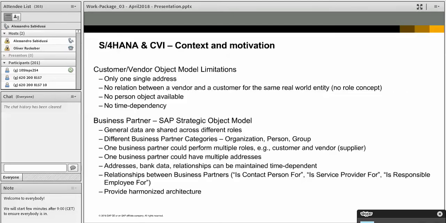Okay, let's get started with the context and motivation. So why SAP decided to do this change? It's pretty straightforward. So we already knew that the master data managed having customers and vendors as separate objects had some limitations in the way it was created in the past on ECC. And here you can see some